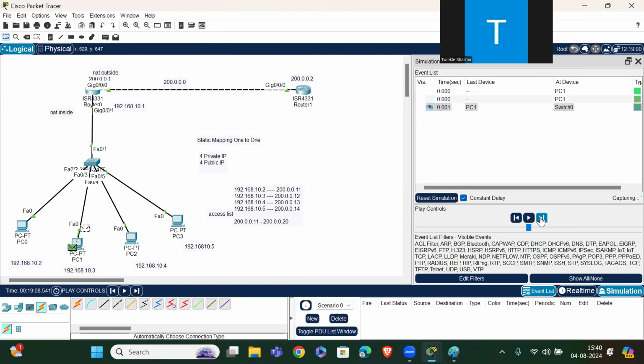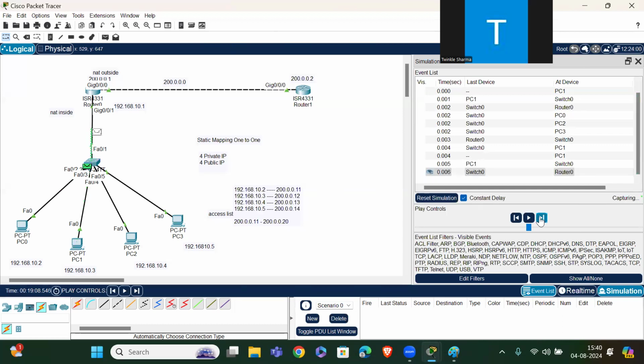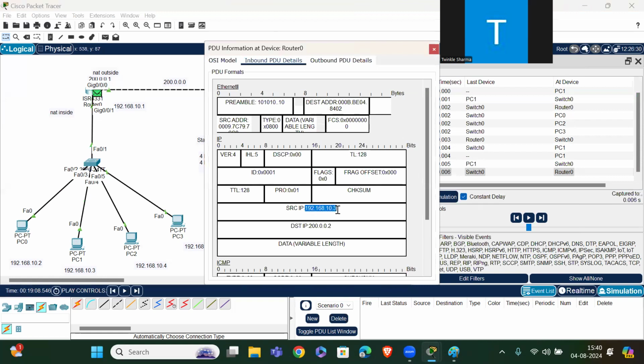ARP and ICMP. Now ICMP is sending. Here, let me check the IP address. The source IP is 192.168.10.3 and destination is this.